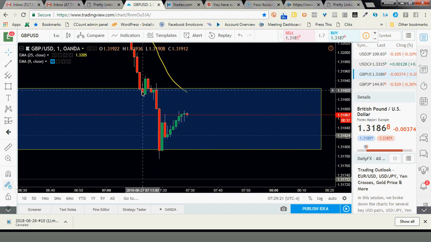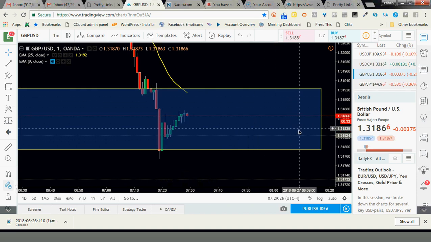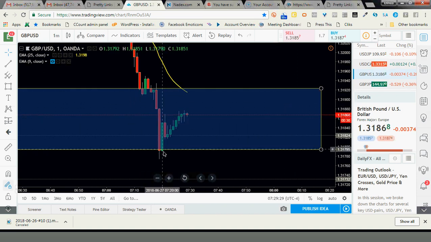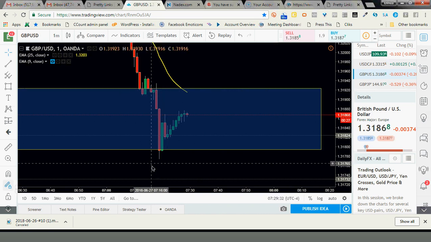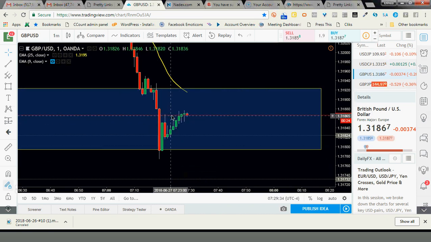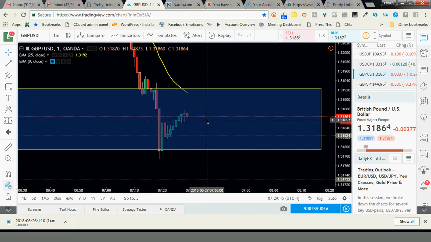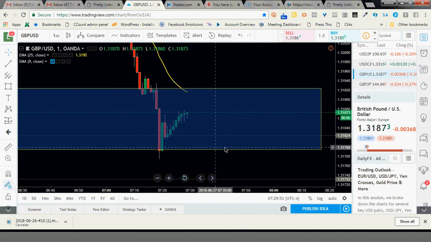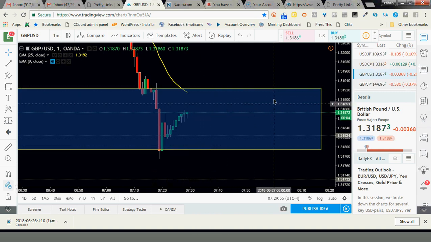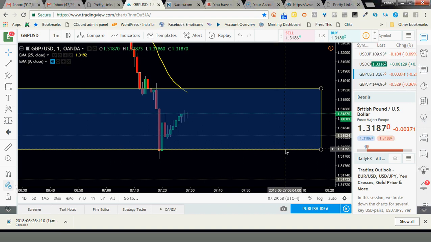So these are the things we look for, especially inside this box area. This movement a lot of times is not going to be as strong as the reactions on the fringes. Maybe somewhere around this point in there, as the market moves and shifts between up and down, buying and selling in this box, you will get some strong pushes. But the ones down here and up here at the fringes are going to be more reliable in terms of